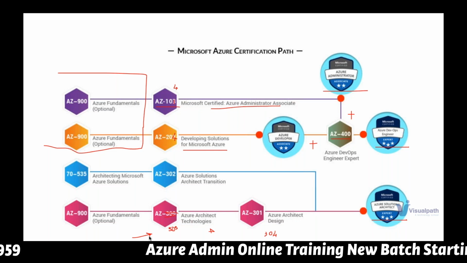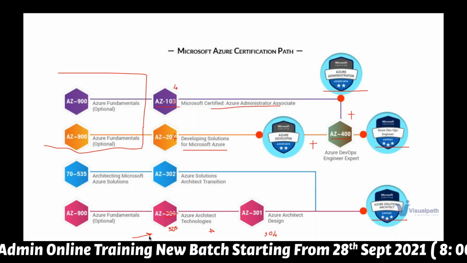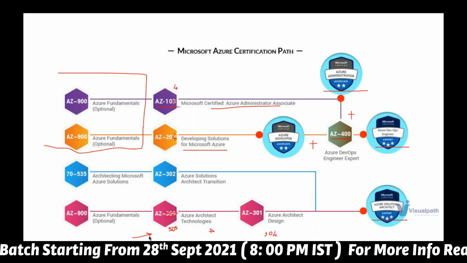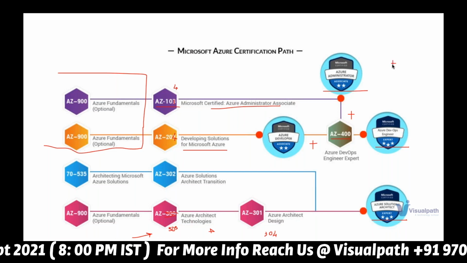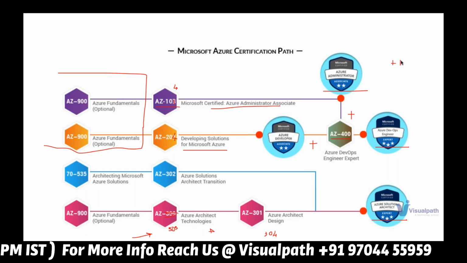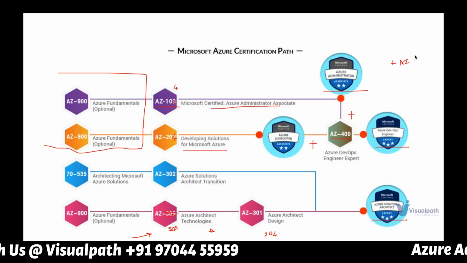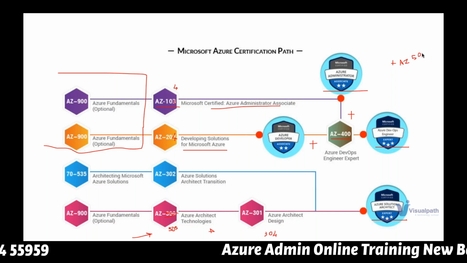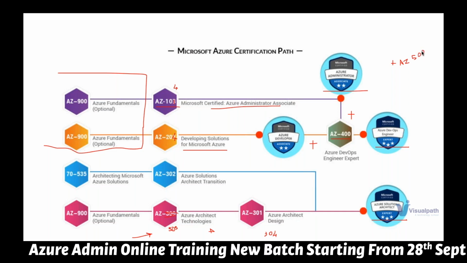Okay. So apart from this, there are other tracks like Azure security and data science, right? Those are the different tracks. After completing this, yes, you can even take one more certification, which is AZ-500, which talks about Azure security. This will also help you in your career as well. Okay. So this is about the certification path in Microsoft Azure Cloud. Any doubt, any questions on this?